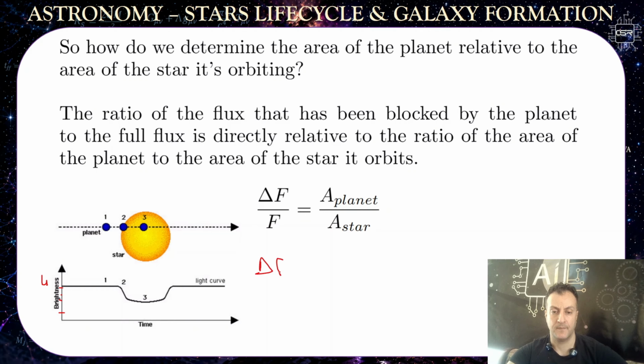So delta F, where the original brightness, let's say, is 4 here, minus the actual brightness when this planet had come in front of the star, blocking partially its flux, which is equal to 3. So 4 minus 3 divided by 4 is equal to 1 over 4, or 25%, or